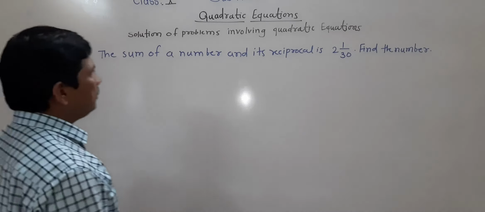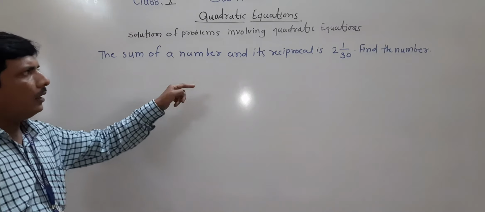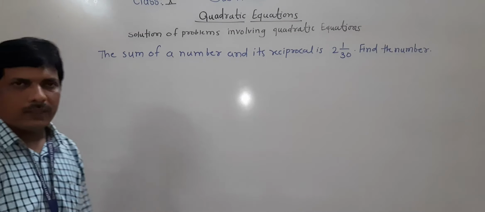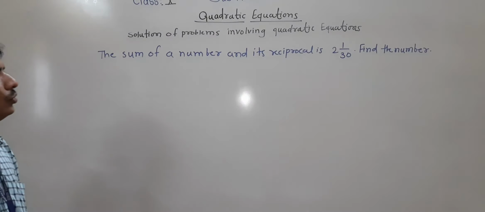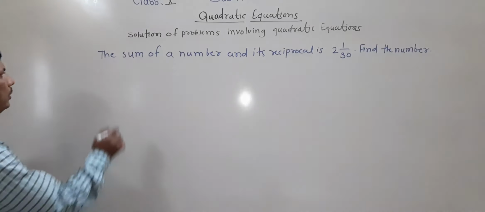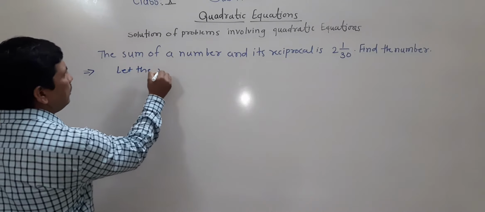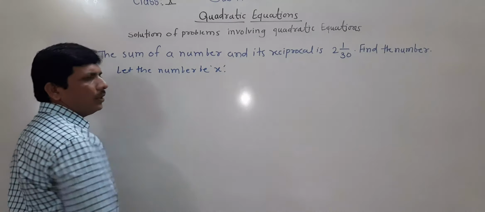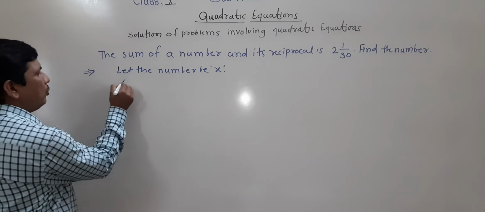Okay, see here our third word problem is: the sum of a number and its reciprocal is 2 integer 1 by 30. Find the number. Okay, so sum of a number and its reciprocal only we need to take. So here in the solution, let the number be x. Sum of number and its reciprocal. Okay, so according to the question,